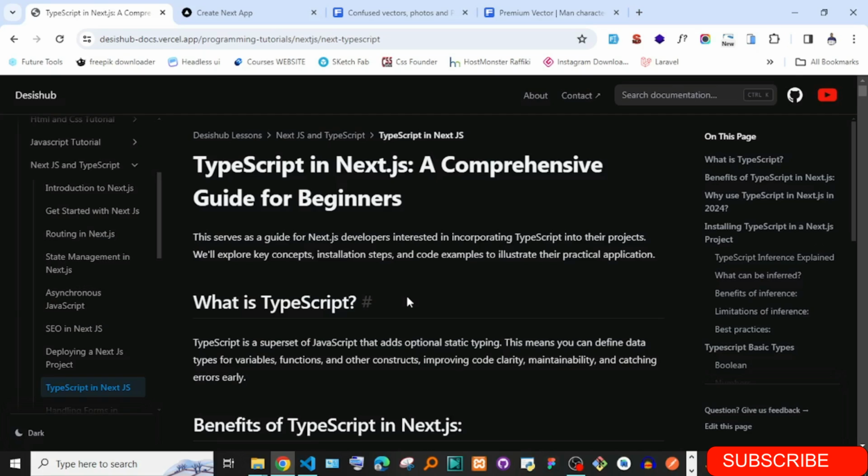Simply click on this one, and you're just going to be headed to this documentation. Now, me personally, I've been looking around. You can open thousands and thousands of documentation about Typescript and Next.js, or Typescript to React, or Typescript basics. You'll find it is not easy. You find everyone is explaining their own concept in the direction they want. I tried to use this as really a learner's guide, because I was a person who was trying to learn Typescript and the whole pieces were scattered all over the place. I tried to put all the pieces together that you need so that you have everything in one place.